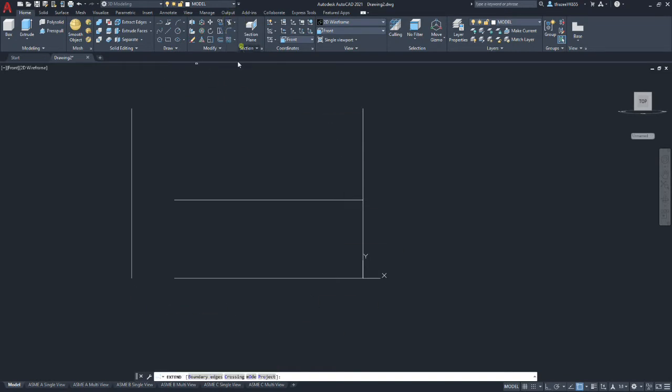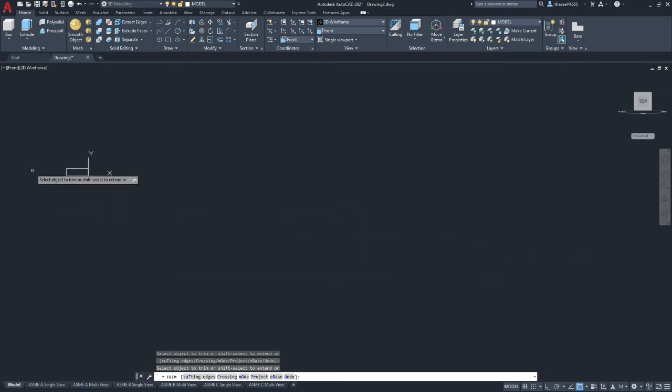Okay, so we're going to extend the horizontal lines if they're too short, and then trim off the vertical lines. So we should have a rectangle that's 9.2 inches long by 3 inches tall. Okay, now we don't know the length of this tab, or we don't know where to locate this corner in reference to the length of the tab without developing the angle tab. So we're going to do that next.